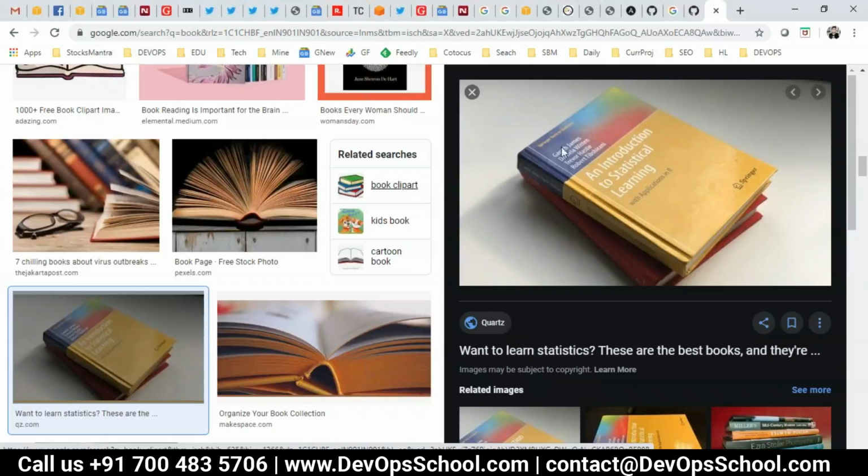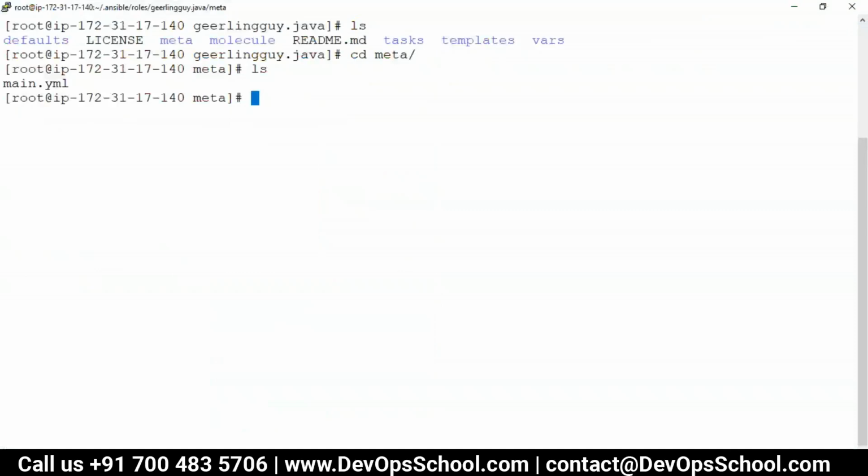And also they will tell you, before reading this book, do you need to read any other books or not? Some references and stuff like that. So it's like this. Meta directory will contain meta information about that role.